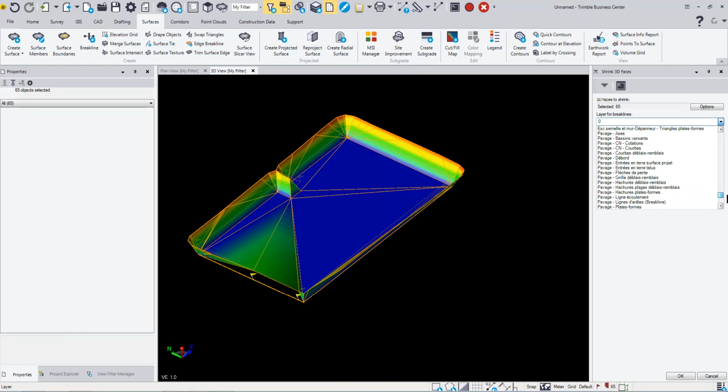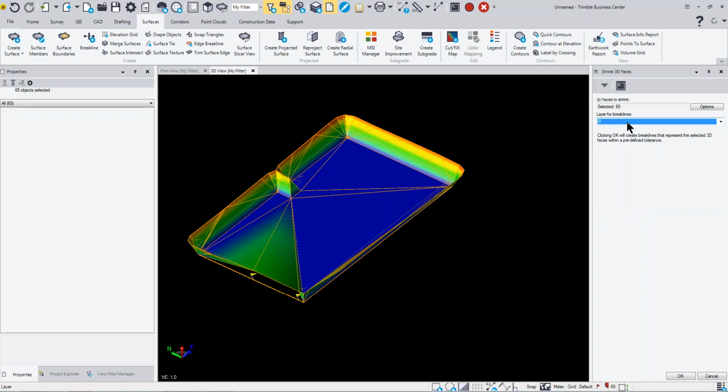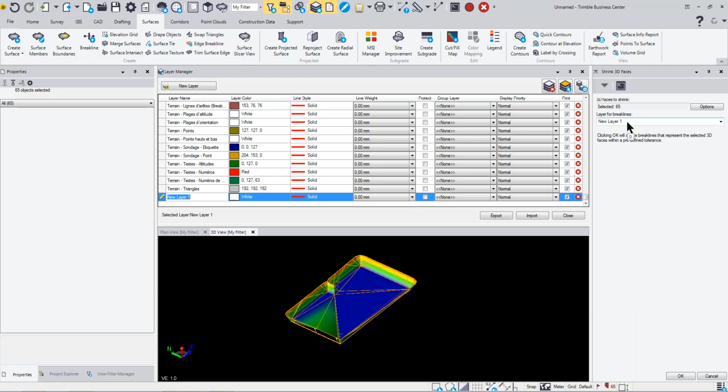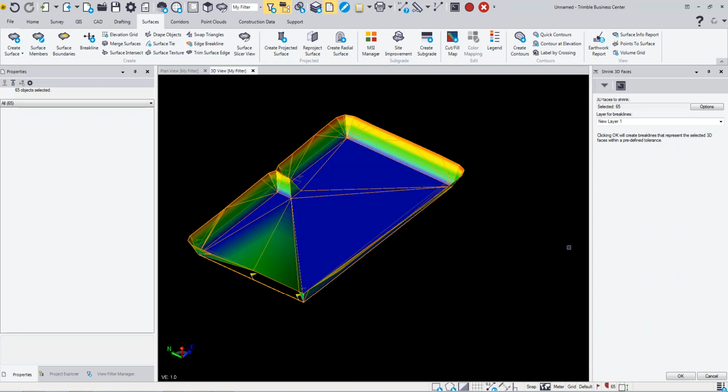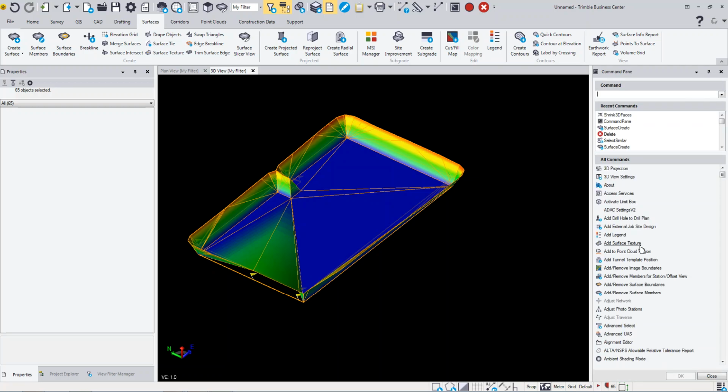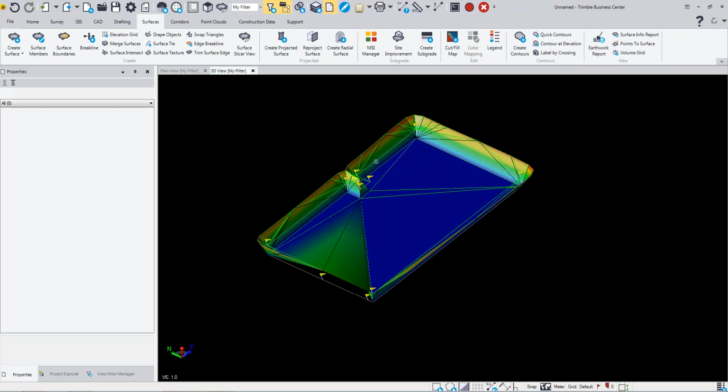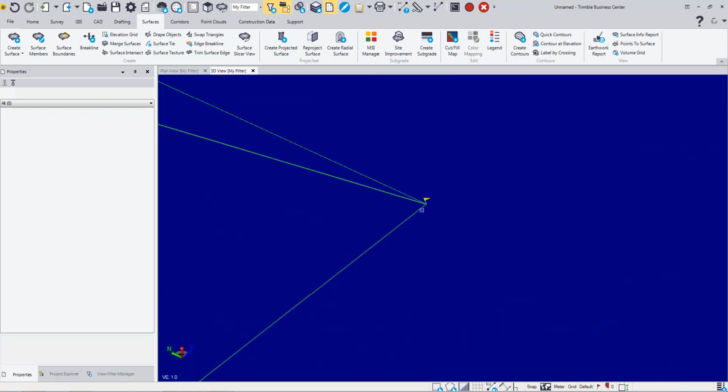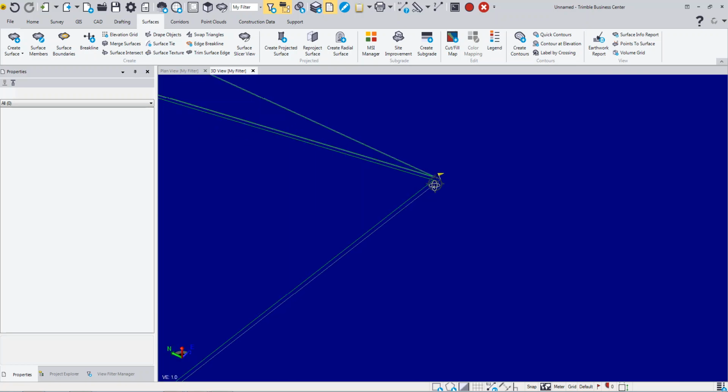If I scroll down here, let's go ahead and make one. We'll press spacebar, and I'm just going to do a dollar sign, breaklines, and we'll make that one green. We'll close that, and I'm going to click OK. What that did, if we look close, is it took that triangle face and shrunk it in a little